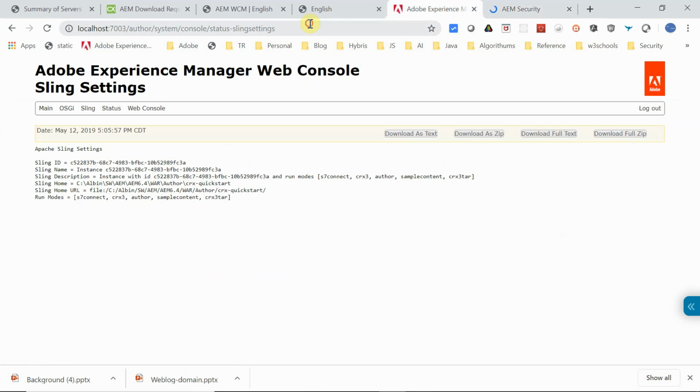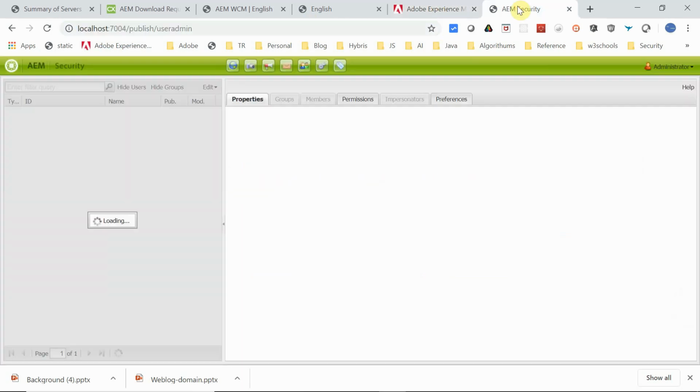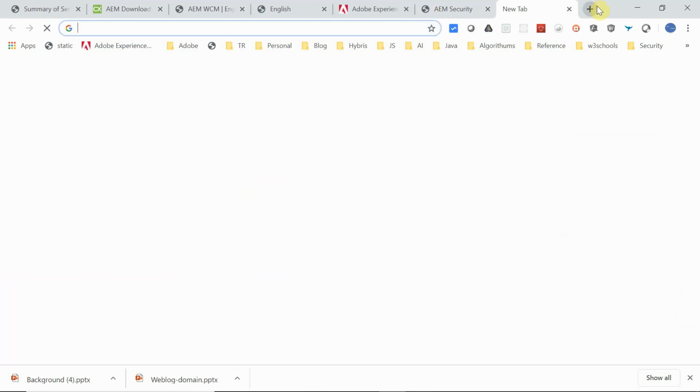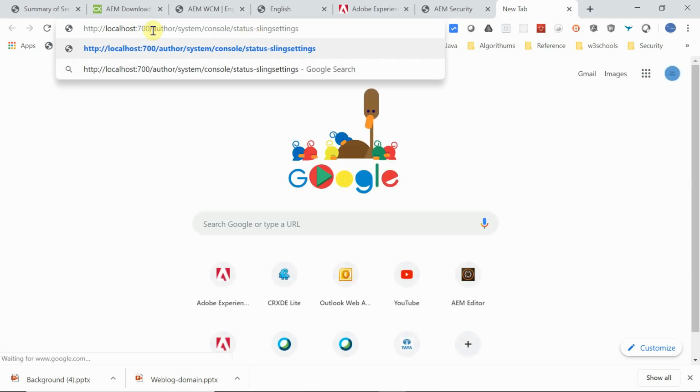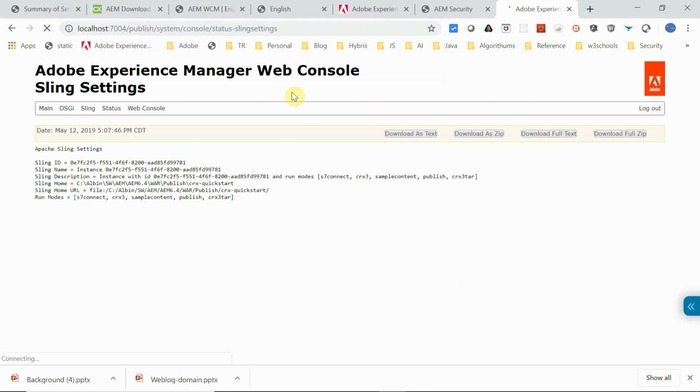Now let me access the link settings. Okay, that is fine. Port number is 4. Okay, so yeah, the run mode is fine now. It is publish. So let me access the default page.